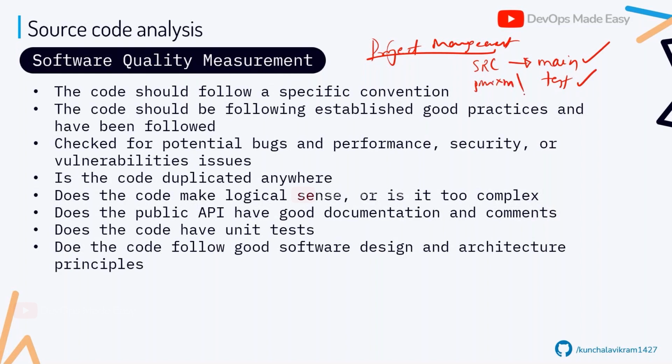Similarly, the code that you write should follow a specific convention. The code should be following established good practices, and it should also follow some of the best practices available. You should check for potential bugs, performance and security related issues, and also vulnerabilities. So you should scan your source code and make sure that there are no potential security risks